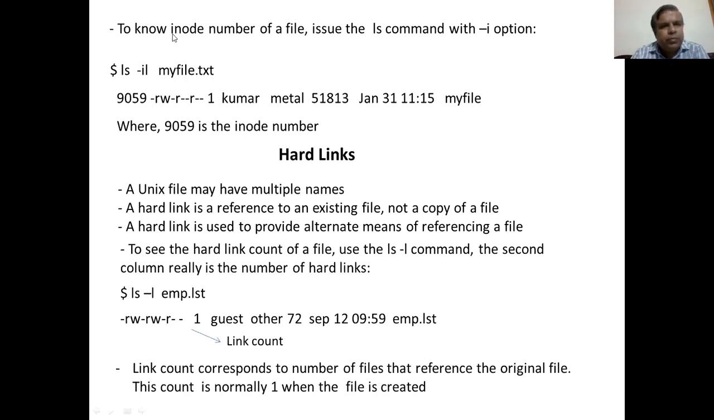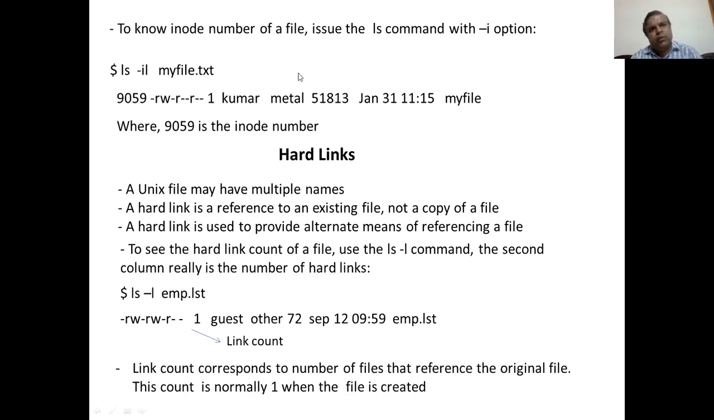How do you get the inode number of a file? To know the inode number of a file, issue the ls command with the -i option. For example, I want to know the inode number of the file myfile.txt. Just execute the ls command with -i. Of course, you can combine the option l for long listing. This is the output of the command. If you observe the first field, 9051, that is the inode number of the file